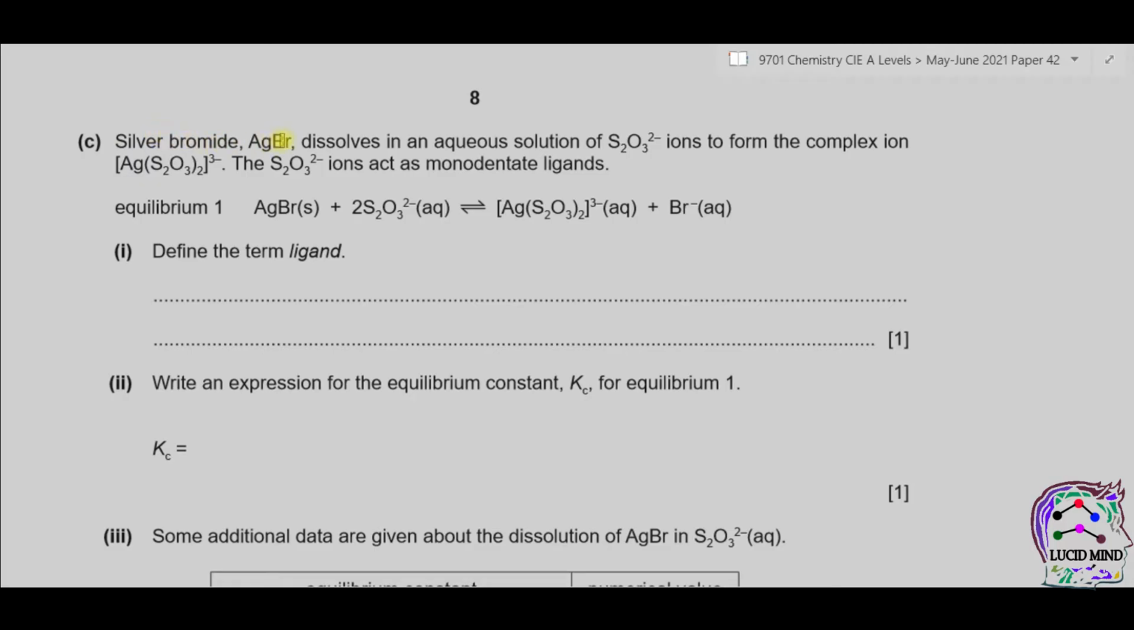Part C, silver bromide AgBr dissolves in an aqueous solution of S2O3 2- ions to form the complex ion. The S2O3 2- ions act as monodentate ligands. This is the equilibrium equation. Define the term ligand. Again the same thing, ligand is the species that makes coordinate covalent bond by sharing a lone pair